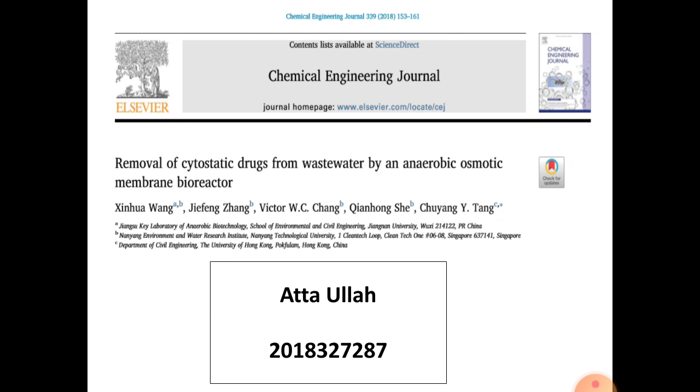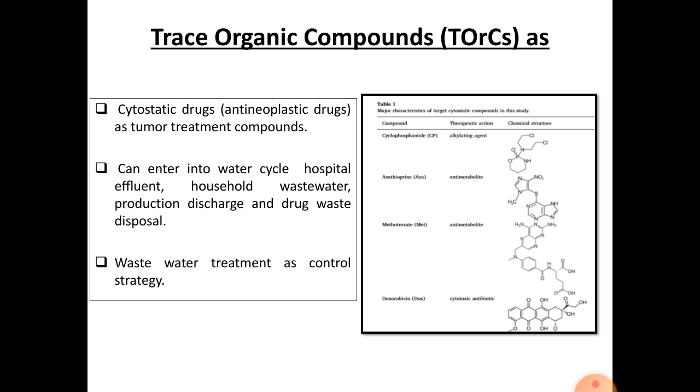So in this study, some of the cytostatic drugs from the wastewater were removed by the application of anaerobic osmotic membrane bioreactors. So actually the trace organic compounds including personal care products and some of the pharmaceutically active compounds and